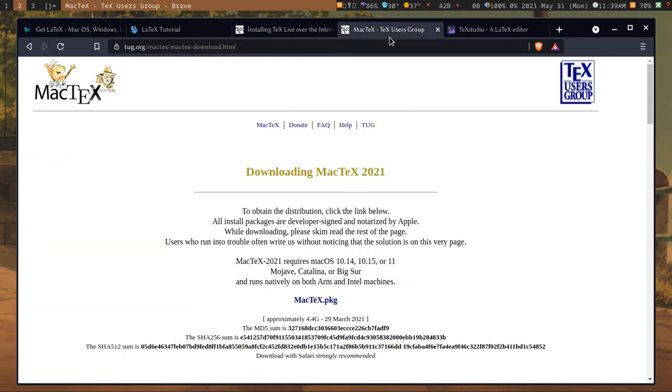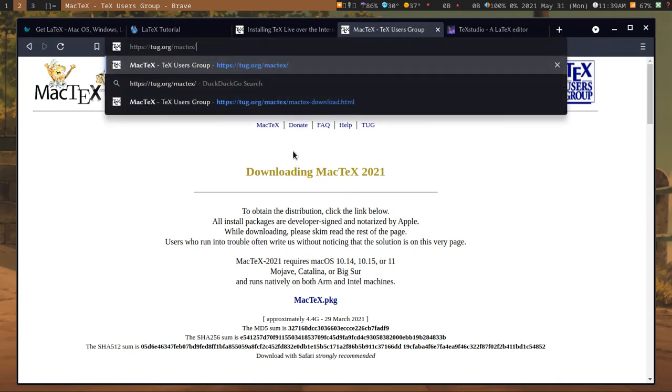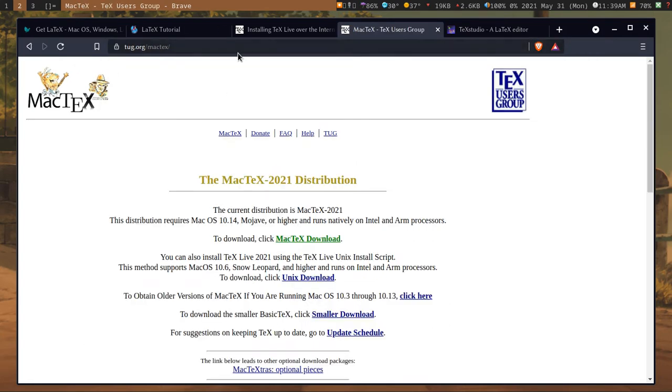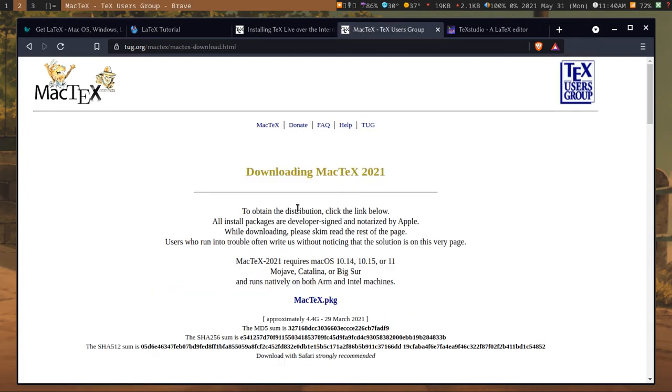If you're on Mac, you can just go to this site, which is tug.org/mactex. If you remove this it will also work. Inside that, if you are on this site, which is tug.org/mactex, you can just click on MacTeX download. When you go in that, as you can see, the link changed. I was on that URL because I was doing this for the first take, and then inside this you can just go to mactex.pkg. If you click on this,